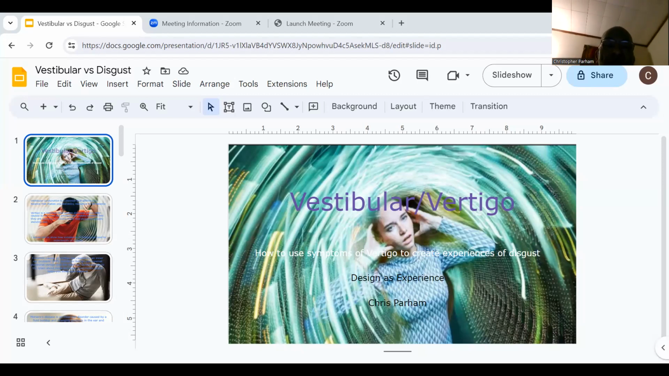In other words, what I'm going to be doing is talking about how the symptoms of vertigo, such as throwing up and vomiting and so on, become experiences in disgust once you get vertigo. So my first slide is